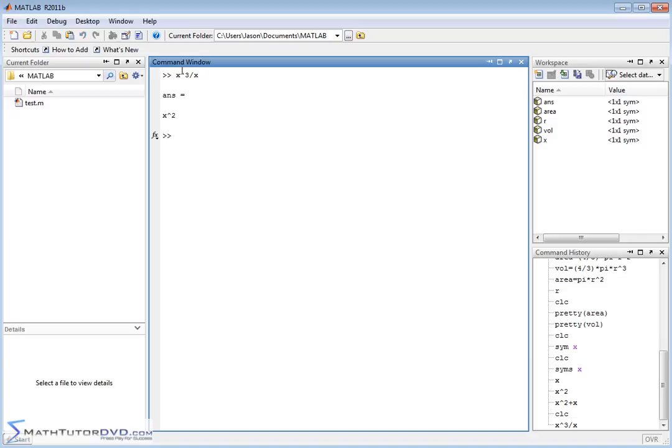So MATLAB knows that these are generic symbols. It knows the rules of algebra, so it basically cancels x from the top and the bottom, and it gives us x squared. If we go x to the 6 divided by x to the second power, then MATLAB's going to cancel what's common in the top and the bottom, because it knows the rules of algebra, and then it's going to return x to the 4th power. So this is sort of an introduction, tipping our toes into the symbolic algebra capabilities